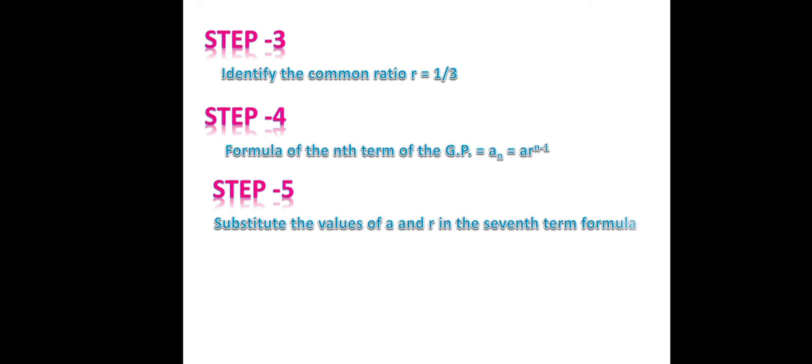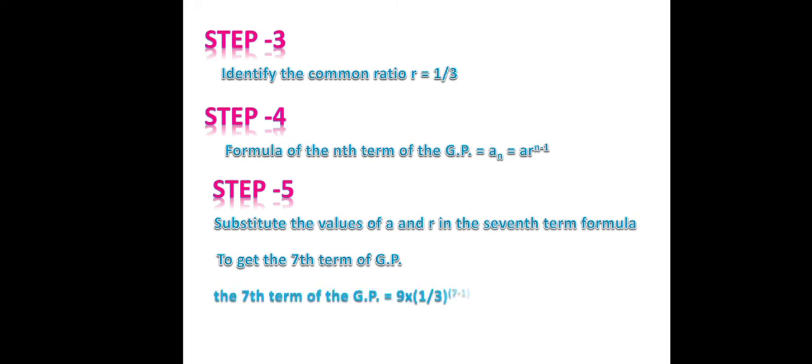Then after identifying A and R, we will consider the nth term formula for the geometric progression, where we have an is equal to a into r to the power of n minus 1. Then we need to find the seventh term of the GP. So we need to write the seventh term formula of the GP, which is A7 is equal to a into r to the power of 6, which will be equal to 9 into 1 by 3 whole to the power